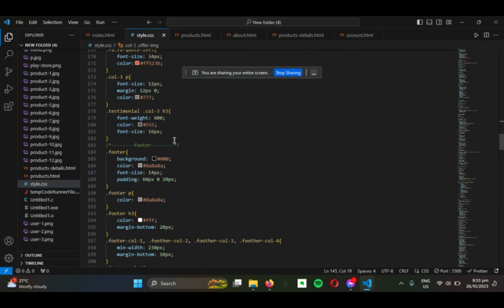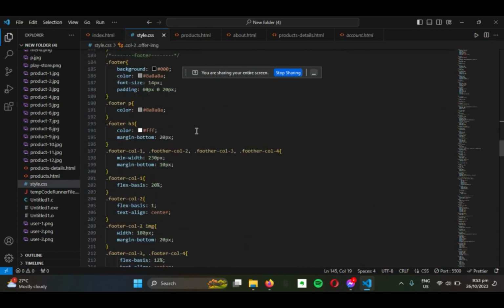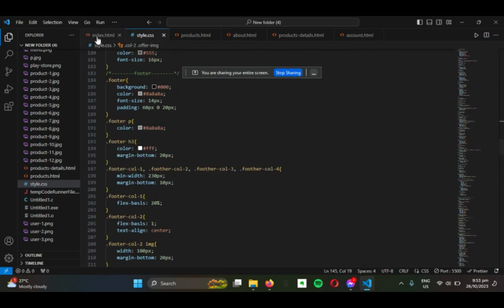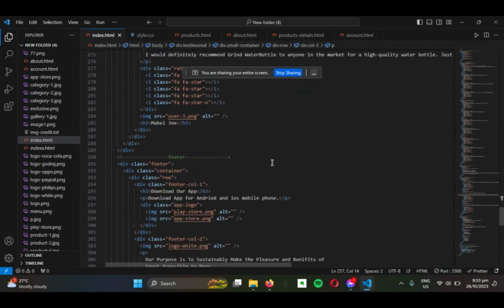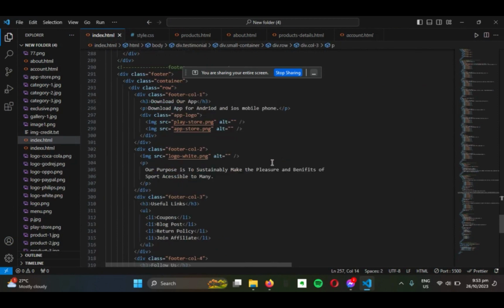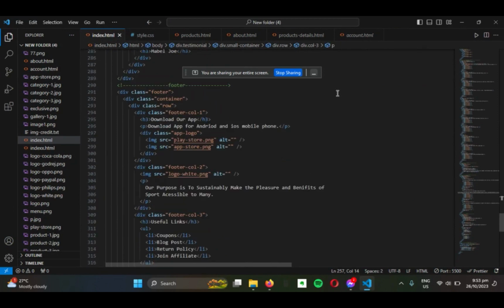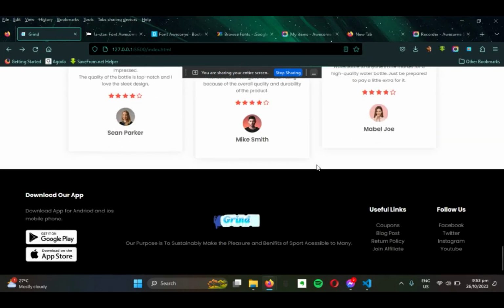And they will all align. Next is the footer, which can be seen in this. It's useful to have comments. The footer is this section,